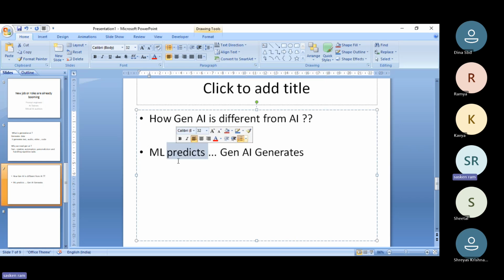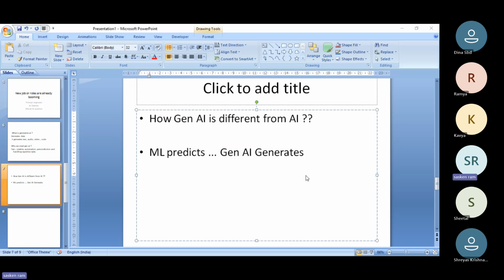This is something like evaluating the answers, whether the given person is going to default. If I give the loan, it gives us yes or no. Whereas Gen AI is like writing the entire answer paper: why that person is going to default, on what basis you are saying that person is not going to default. You ask for content, and it gives you text as the reason. I predicted this person is going to default. It gives you the story also, correct?